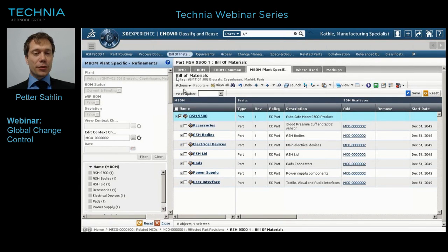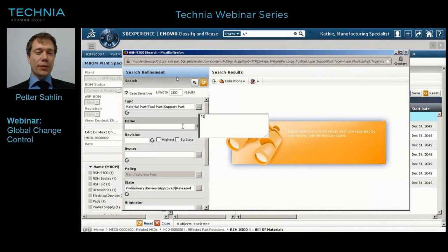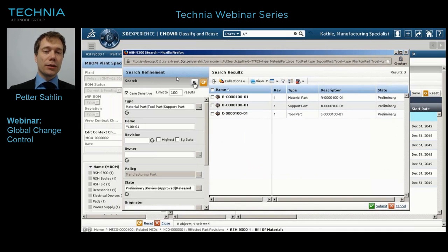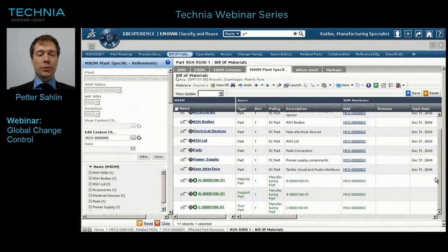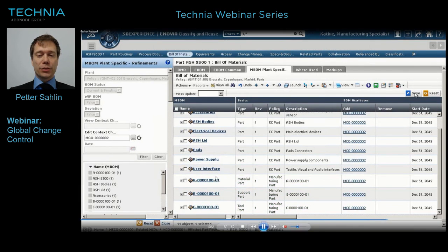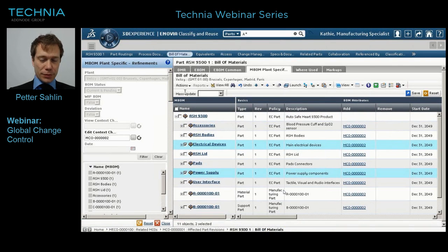And I assign them to the change object. So besides the bill of material, I'm also adding any manufacturing material, supports and tooling parts, which are unique for that specific site. Those are added to the BoM, and those were the ones